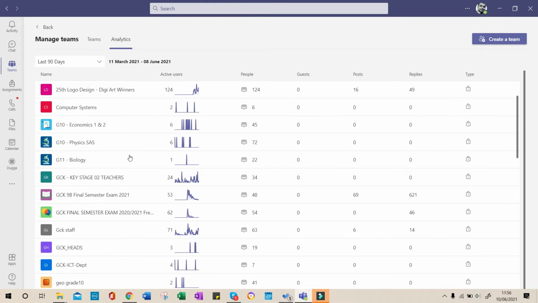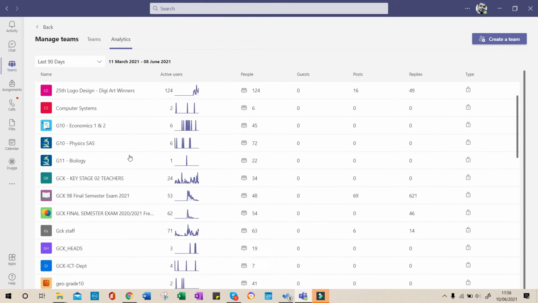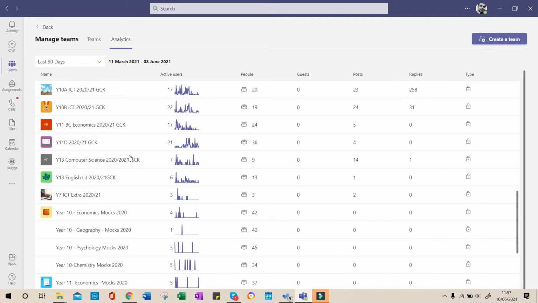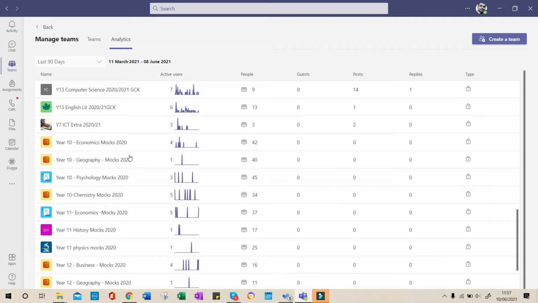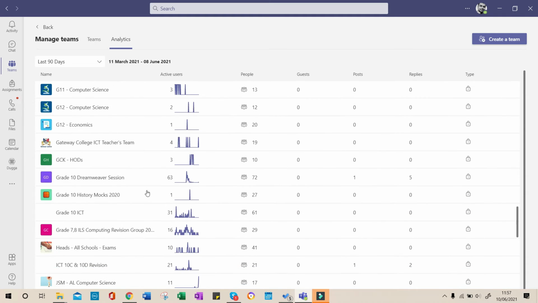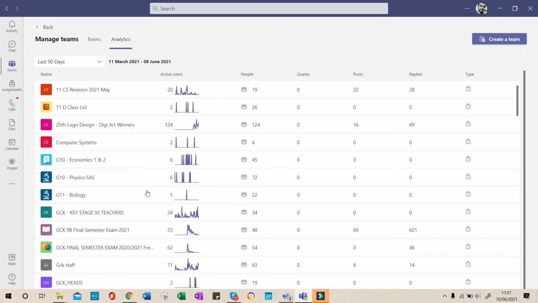So you can see some of the teams maybe not active, right? So here, for example, this one you can see. And you can look at the posts, the replies.